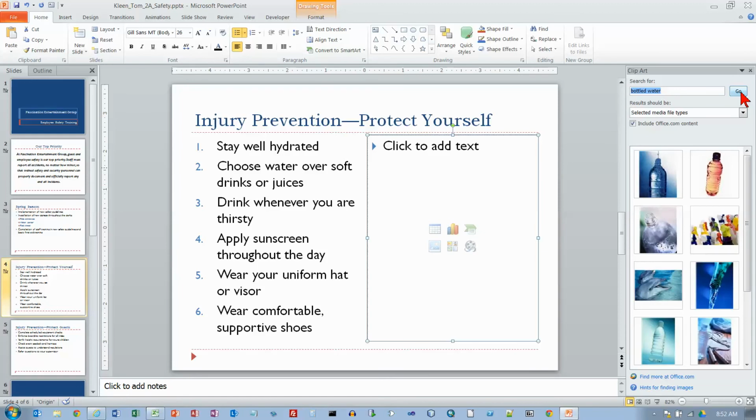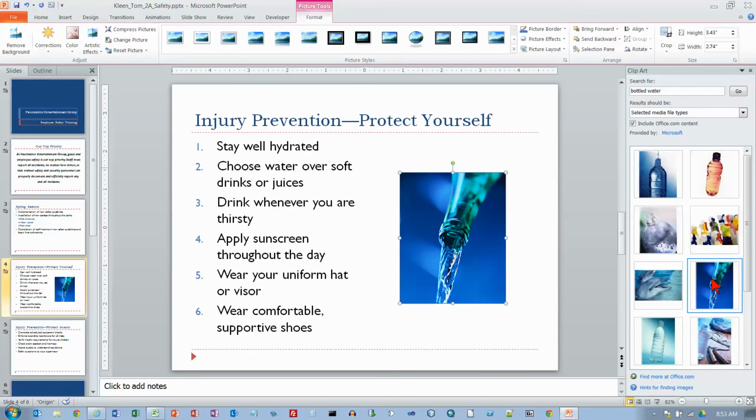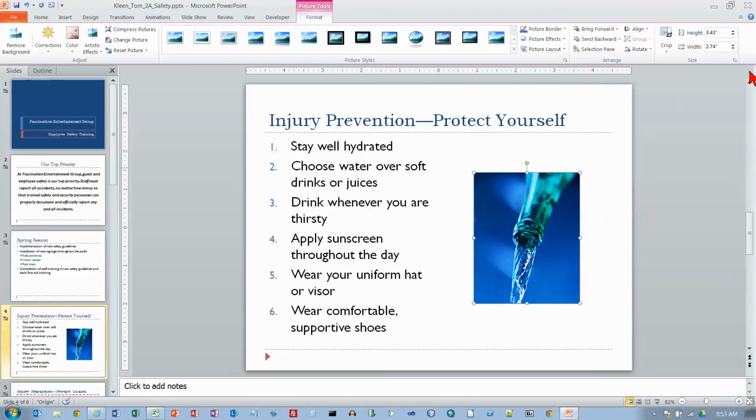And they don't exactly match what's in the textbook, but it looks like our first picture matches. And the one that they actually want is this one. It's the 6th one in our group, whereas it's the 2nd one in theirs. But we do have the right picture, at least I do on my computer. And if you don't, just pick another one. This first one up here might not be a bad choice. So go ahead and click on that, and it will get inserted on the right side. We can close our Clipart pane by clicking on the X up here in the upper right hand corner, and